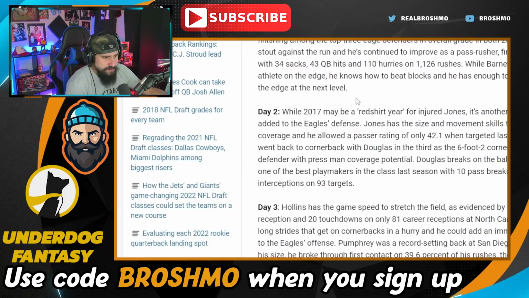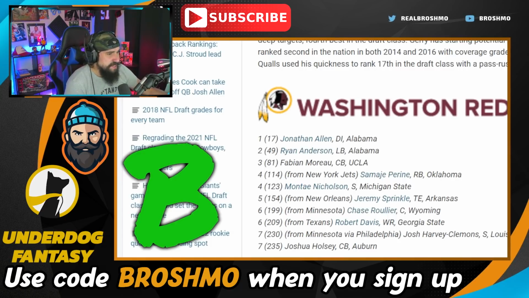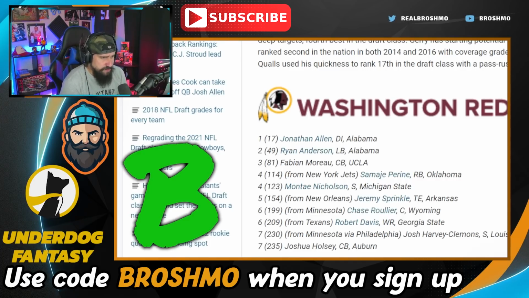All right, on to Washington. Call them whatever the heck you want. I don't care. I gave this draft class a B. Jonathan Allen, one of the better interior players in the league, arguably a top 5 interior player. Ryan Anderson doesn't work out. Fabian Moreau doesn't end up working out. He's kind of this below average starter now in the NFL. Perry,